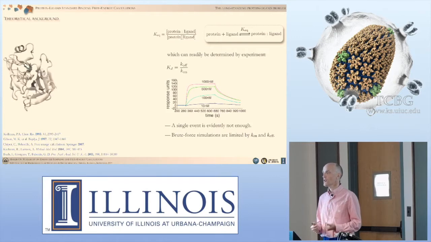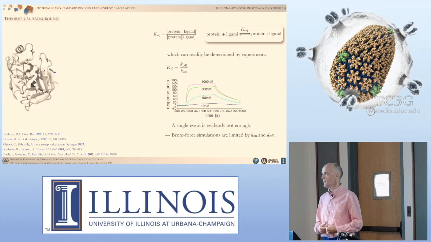So if you are Shaw and you have n machine time, you can repeat that several times. But is it enough to get good statistics to access the delta G? That's kind of questionable. What you see here is something a little bit more modest that was done by the